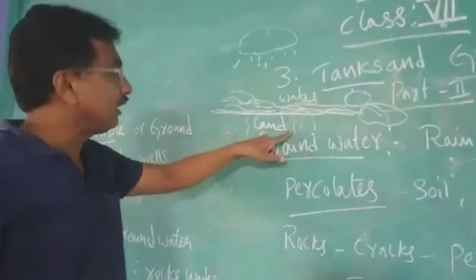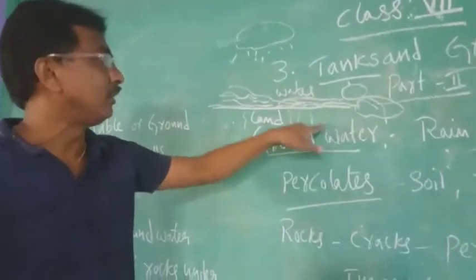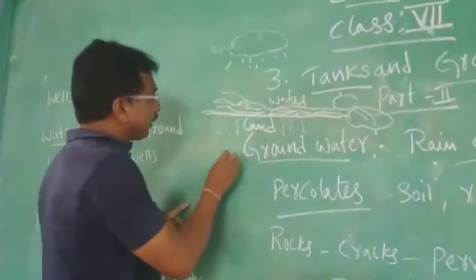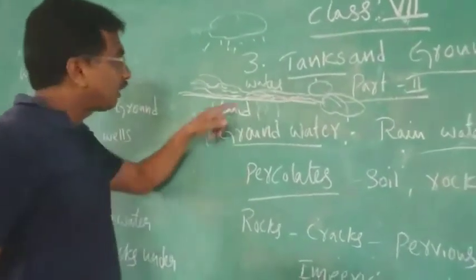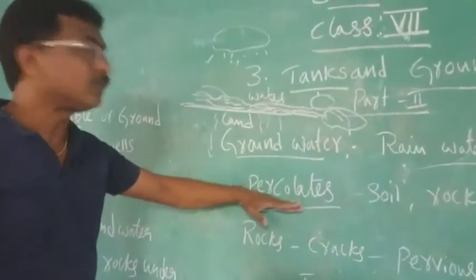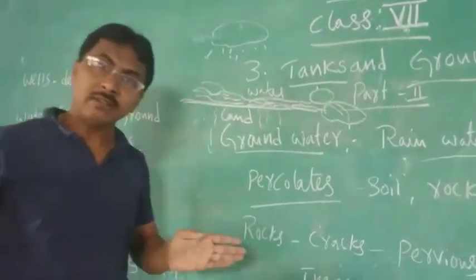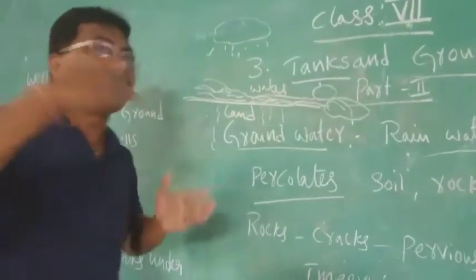That is called percolating into the soil. You see, this is called soil. Some water is going inside. So not only that, the flowing of the water